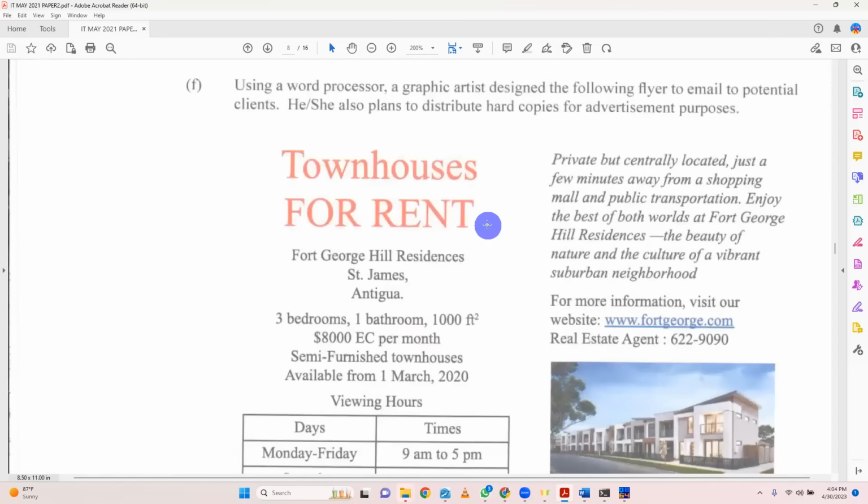Using a word processor. Anybody can give me examples of word processors? Microsoft Word. Google Docs. WordPad. Word Perfect. Some of them you might not know still, but those are good examples: Google Docs, Microsoft Word, WordPad. Using a word processor, a graphic artist designed the following flyer to email to